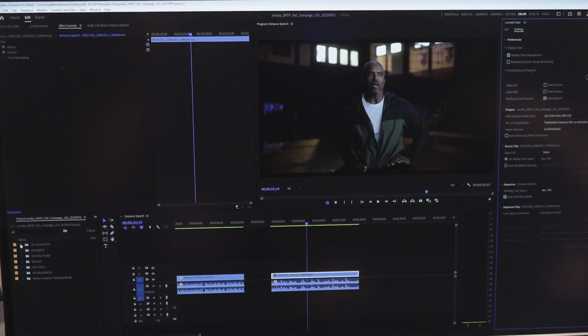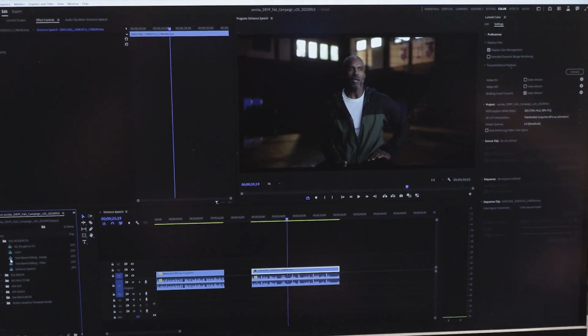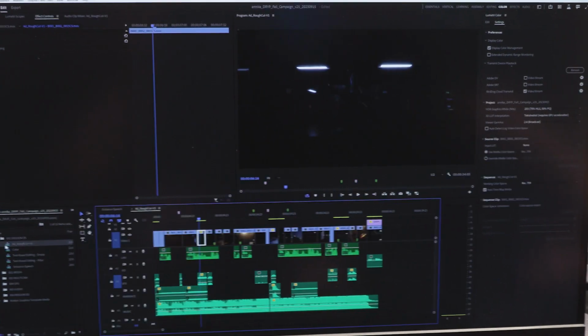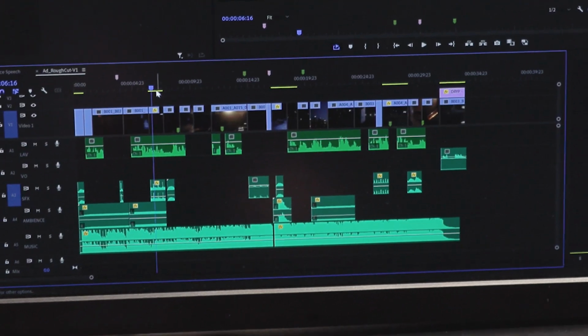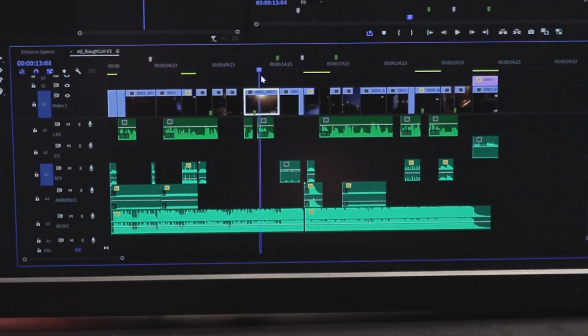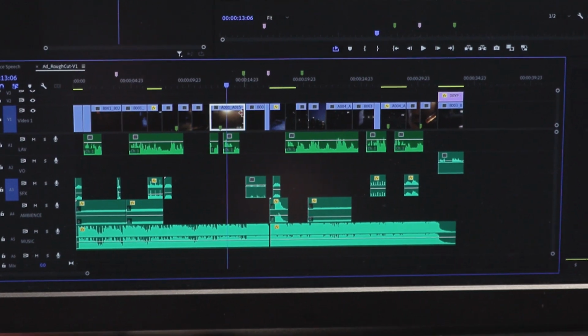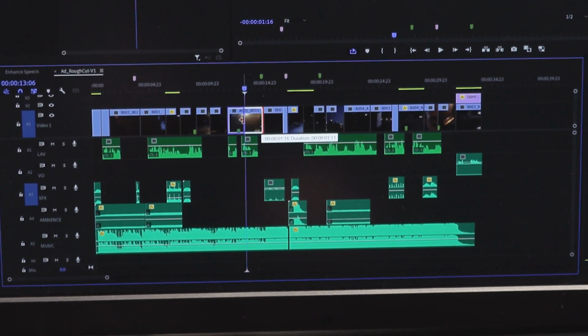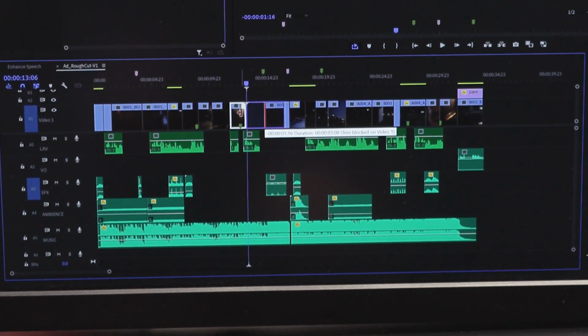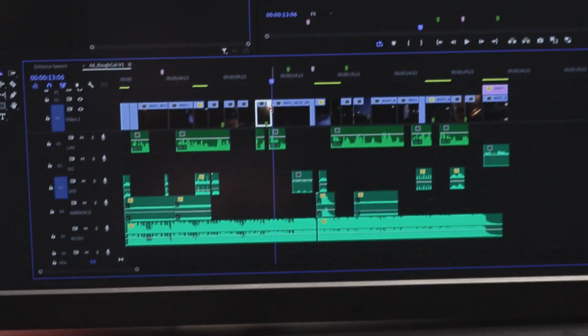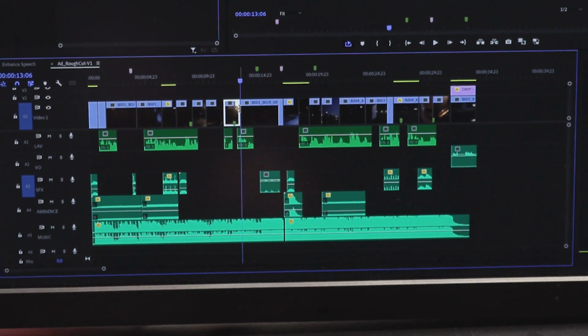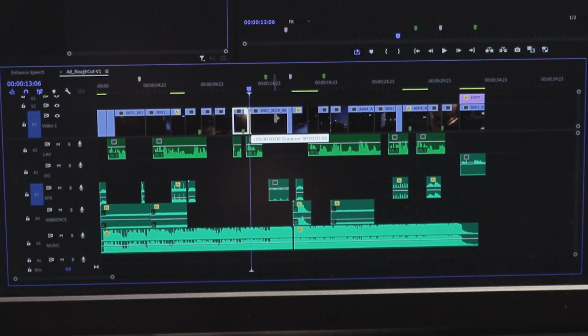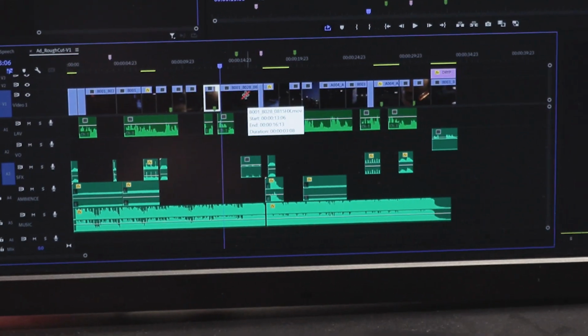The other thing that we did in this particular release is that we made the timeline 5 times faster. And what that means is performing any kind of edits in the timeline, like your typical trimming or ripple trim, any of that kind of stuff, is going to be a lot smoother and faster.